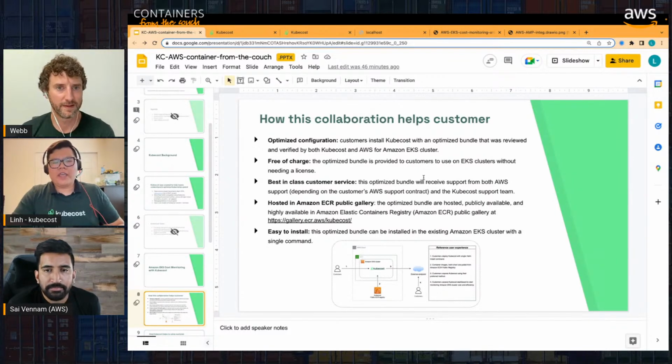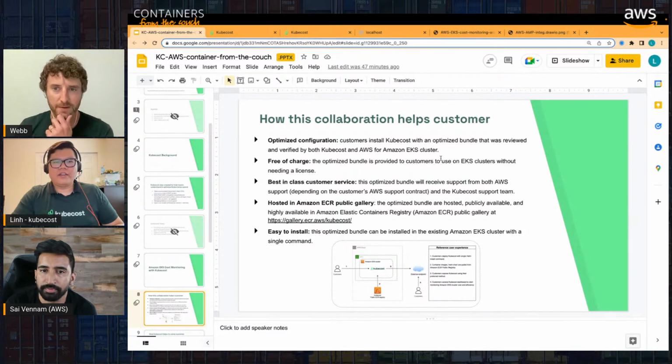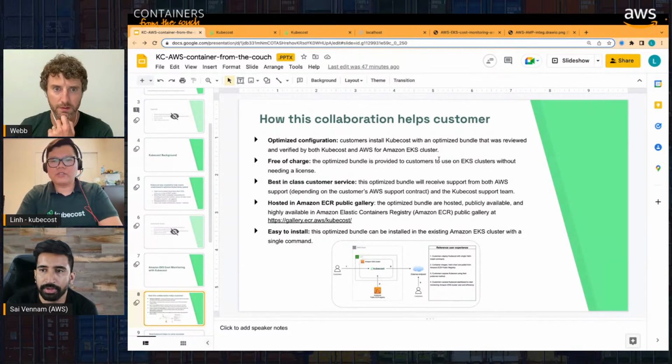support team. And all of the container images and the Helm chart of this optimized bundle are hosted by the Amazon ECR Public Gallery. So it's publicly available and highly available for you to consume. And next, it is really easy to install with a single Helm install command that I'm going to show you in the demo. So let's switch to the demo and see how easy it is to install Kubecost in just